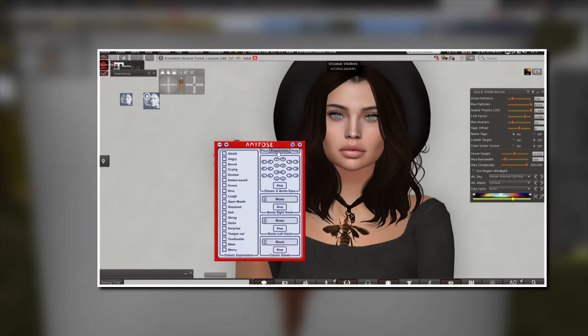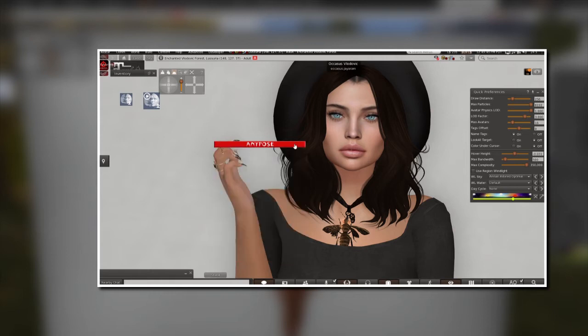Now, I want my eyes to stop moving for this photo, so I'm going to go here in my expression and just click it so my eyes are centered. And there we go. All right, so I'm right now using a wind light that doesn't have any shadows,